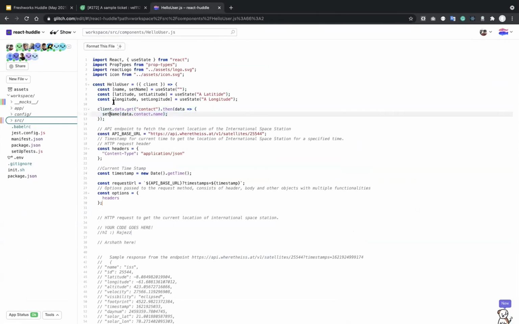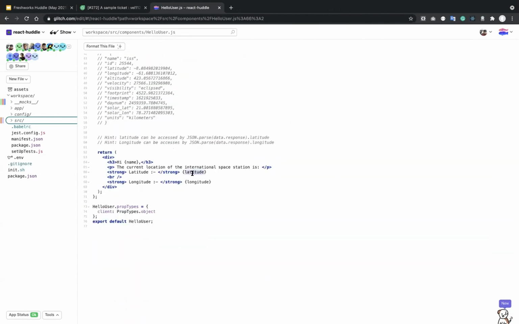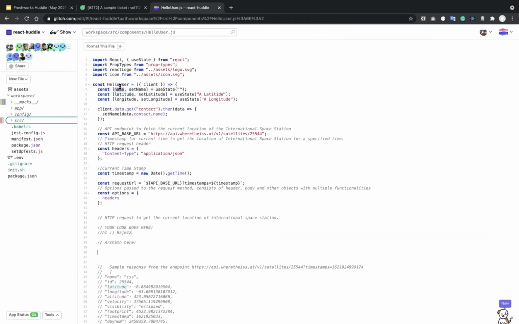A state is something where you declare a variable and then you declare a function to update that variable, and your HTML will take values from the variable itself. For example, here name is the variable, and setName is a function. Whenever you want to update the variable name, you just invoke the setName function with the value that you want updated. For example, in this case, this updates name to Vail Murugan.